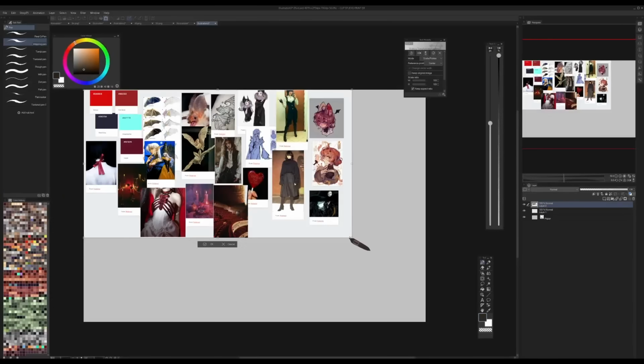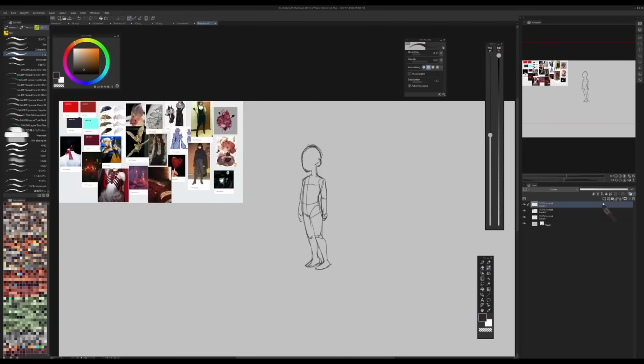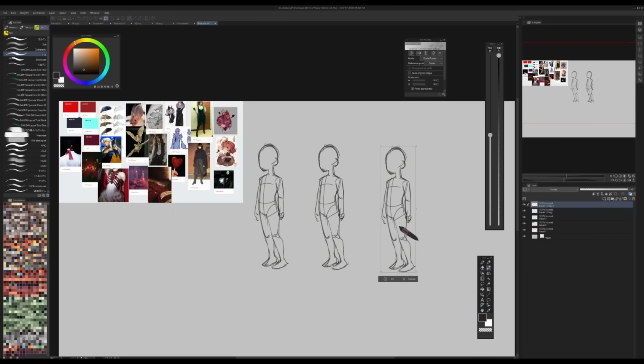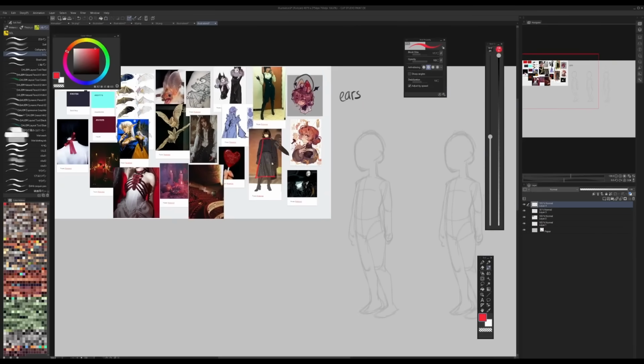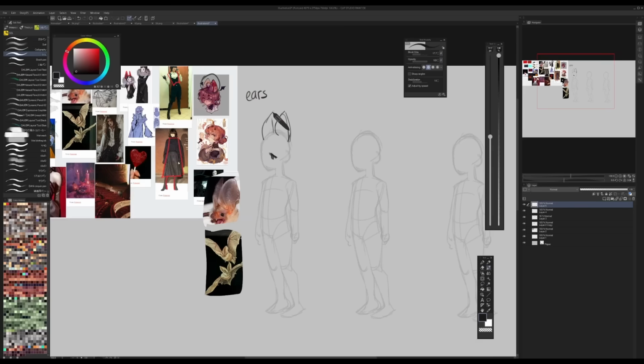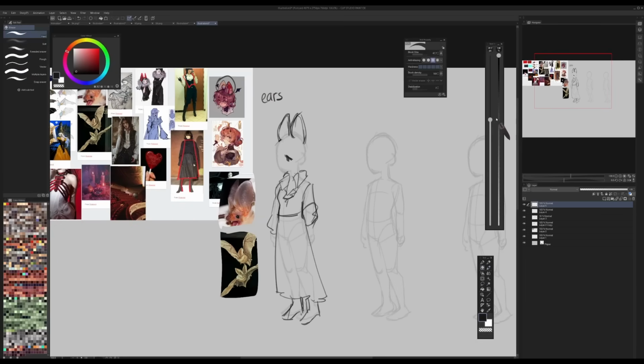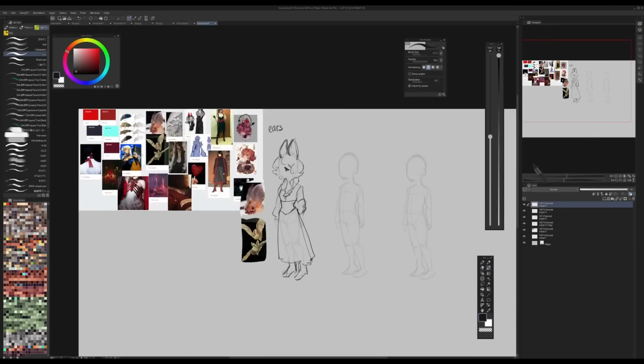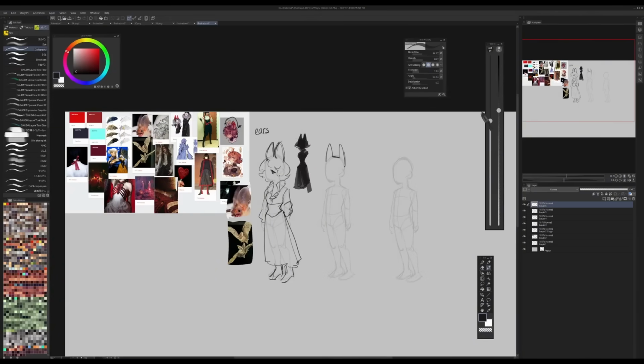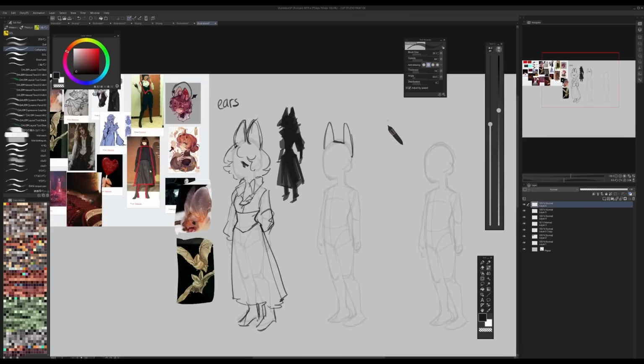Reference the mood board as you're drawing. Start out with a base drawing that you can copy paste and just add these shapes to. So you're going to want to draw this again and again and again, just testing out as many things as you like. And once you find something on this base that you like, you can mark it down and be like, I like this, I like this, I like this. I have this little blacked out version to the side so I can keep track of the silhouette as well.